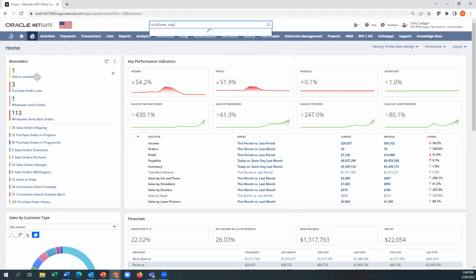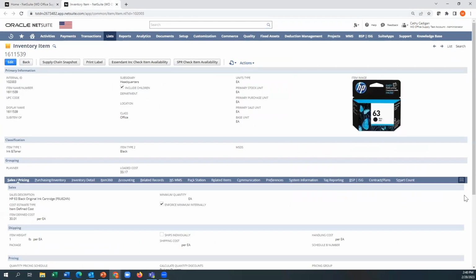And if I want black, there's one item. The concept here is the more information you type in, the more NetSuite narrows things down. So I found this by looking at item type 1 field, item type 2 field, using those to drill down. Most fields are global search fields.